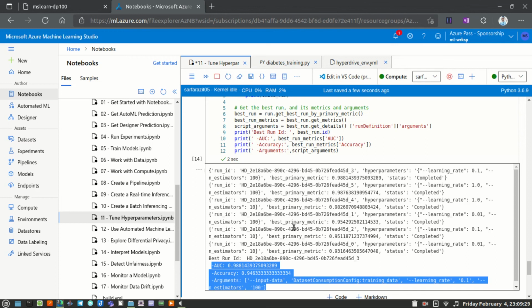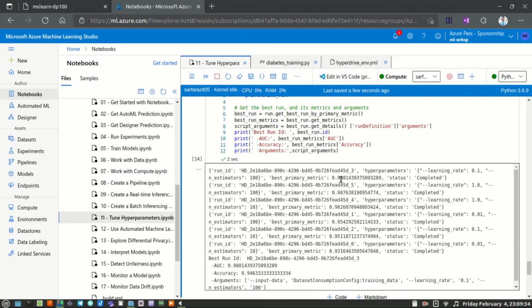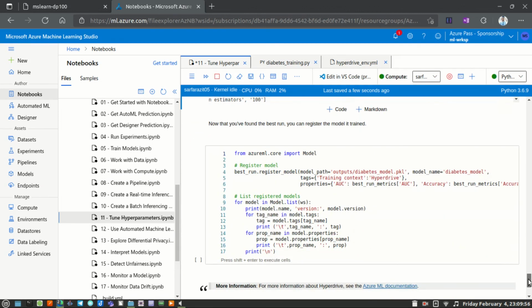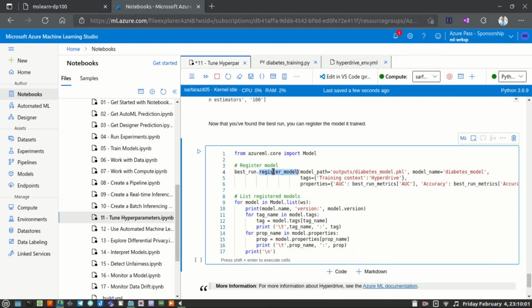It gave almost 99% accuracy, 98.8% accuracy. Sorry, the AUC score is 94.6%. So this is how we can tune our parameters for different models and see which one is performing best to train our model. We can also register the model within our workspace